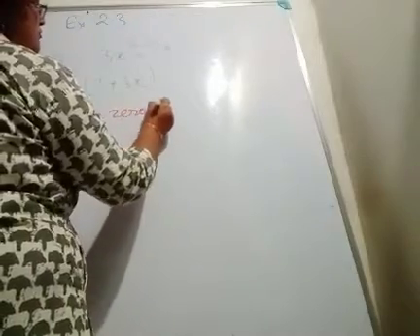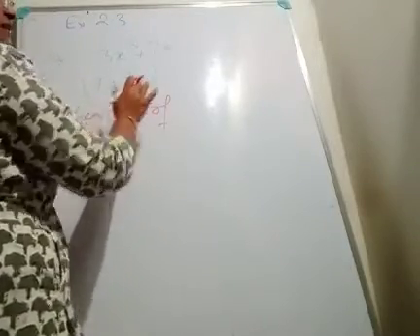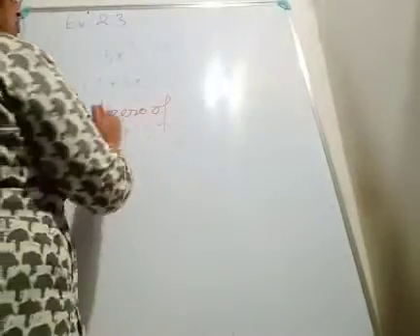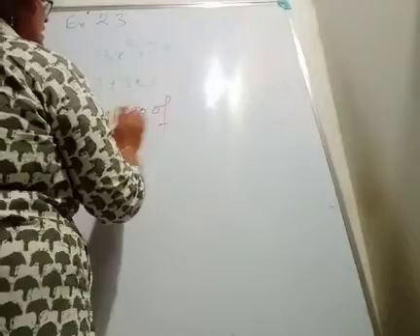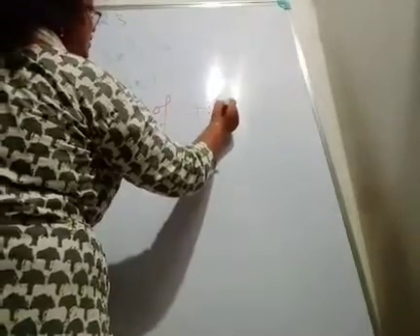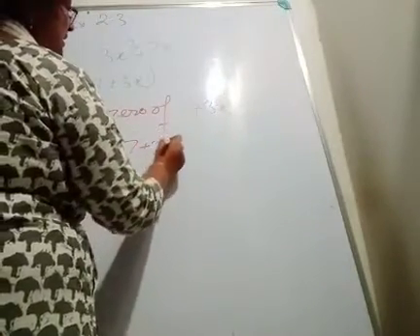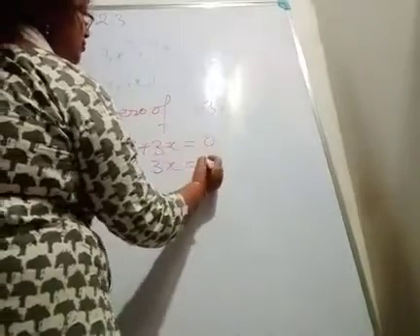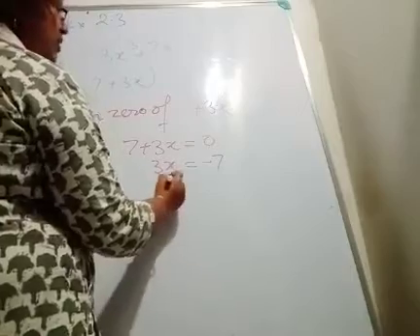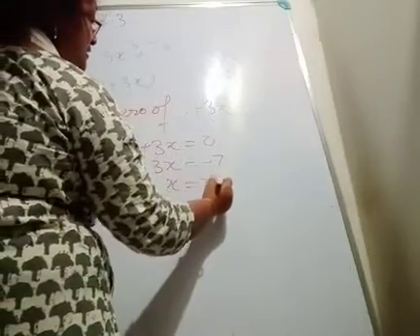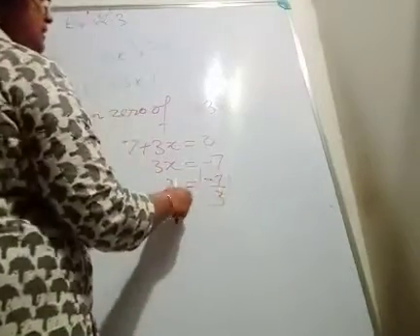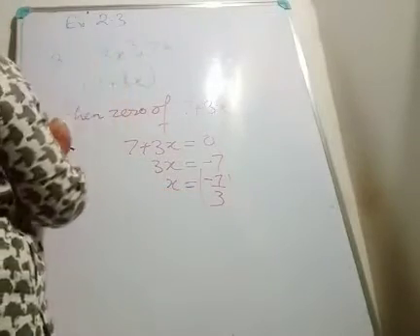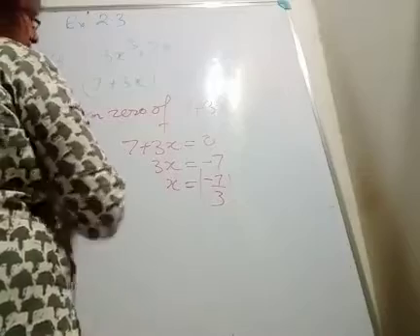So write down the zero of, here 7 plus 3x is the divisor and 3x cube plus 7x is the dividend. So find the zero of this. Then the zero of 7 plus 3x will be, right, 7 plus 3x is equal to 0. Then 3x is equal to, bring this to the right hand side, it will become minus 7. So what is the value of x then? Minus 7 by 3. Now putting the value of x equal to minus 7 by 3 in this polynomial, let's see what happens.